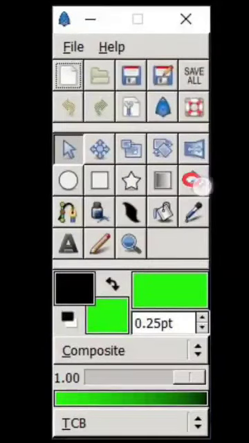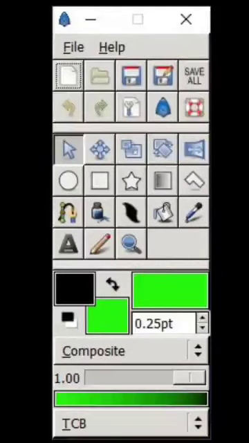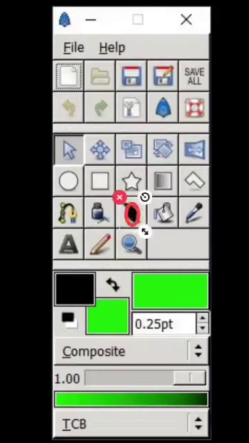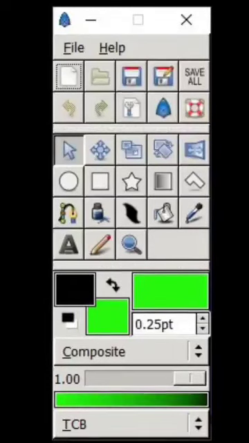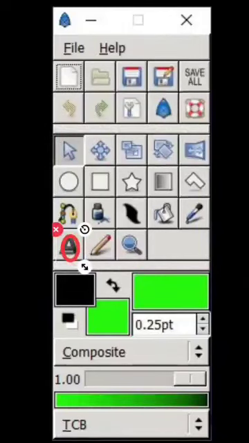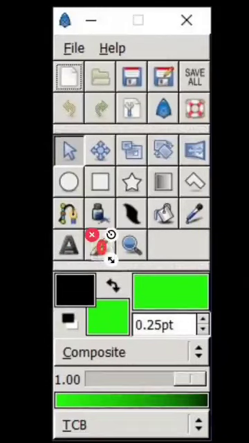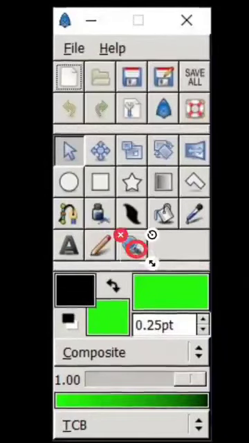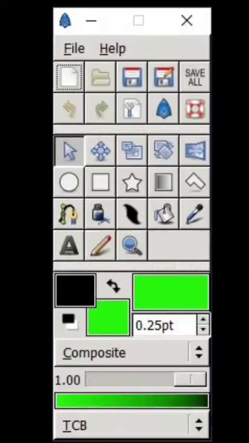gradient tool, polygon tool, beeline tool, draw tool, width tool, fill tool, eyedrop tool, text tool, sketch tool, and zoom tool. Total 18 tools are there in the middle palette.